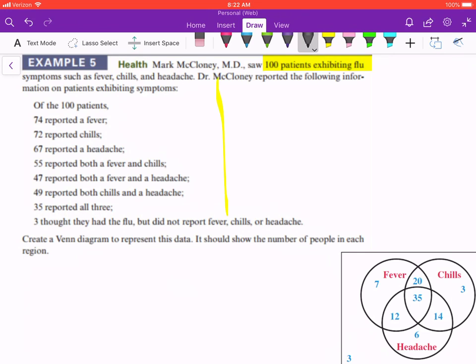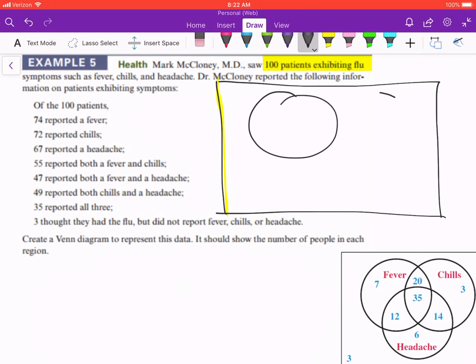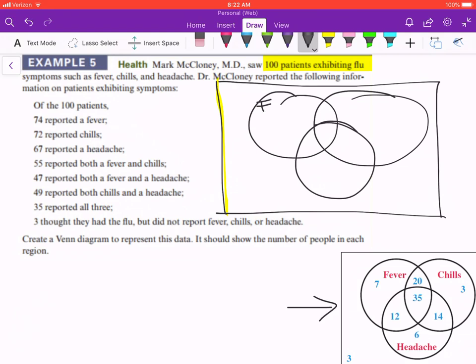And so the first thing I will do, of course, is draw my sets. We have 3, so we have to have a triple intersection. And we're going to just follow. By the way, this is the answer. But of course, you need to know where all those numbers came from. So the 3 symptoms are fever, chills, and headache. And so what I'm going to do is, of course, start from the bottom up. So let's start here